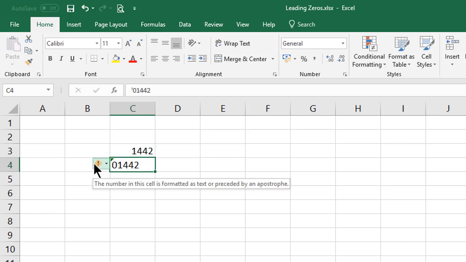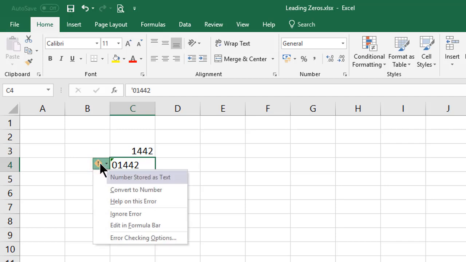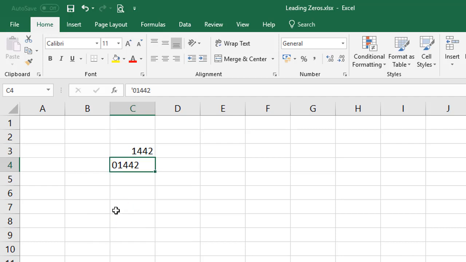But sometimes, especially when importing data from other applications, this can happen by accident. So you'll see that if I click on the information button, there are various options, one of which is to convert it to a number. We don't want to do that as it will remove the 0. But if I click on another option, ignore error, you'll see that the tag disappears. In fact, we could have ignored the green tag completely as it doesn't print and eventually it would disappear on